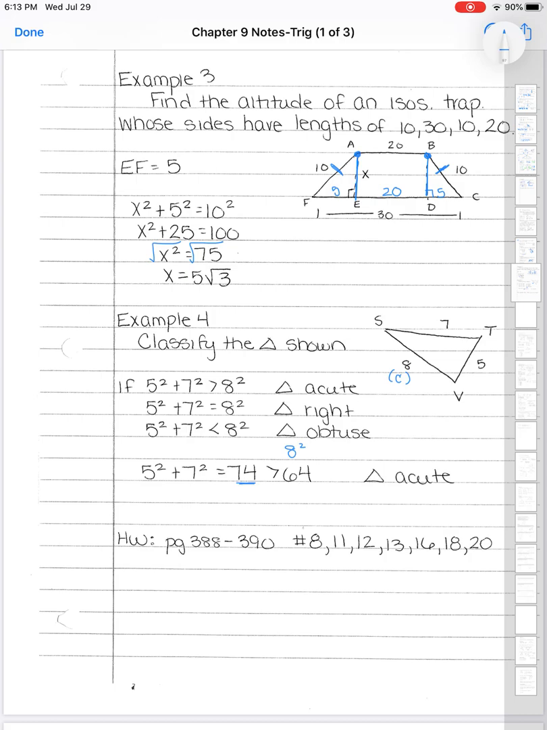Now, just as I was saying before, if you're ever asked to classify the triangle and you're given 3 sides, use the idea of a